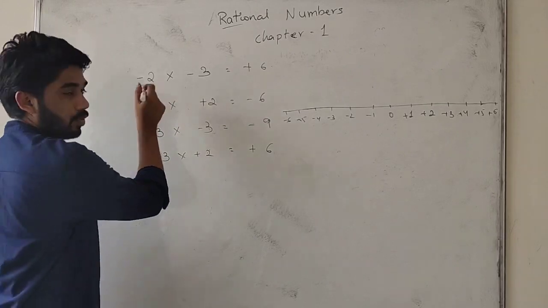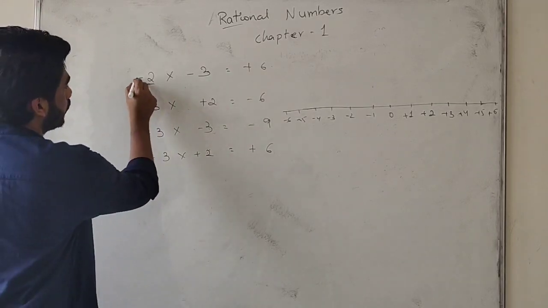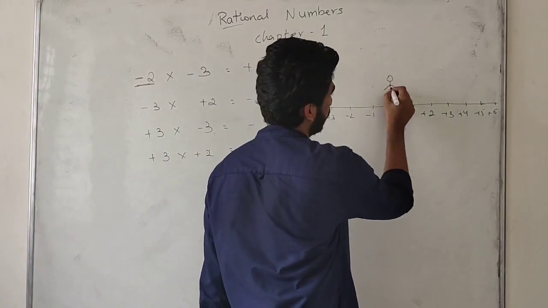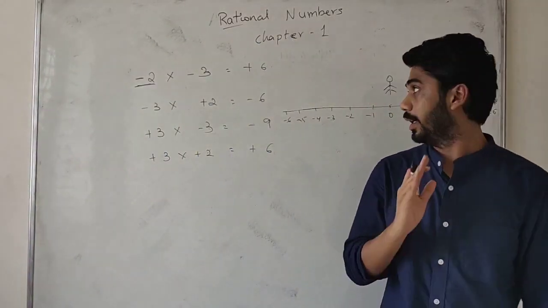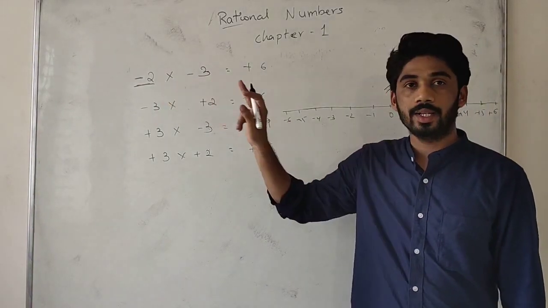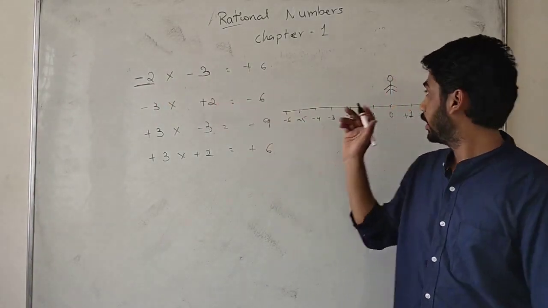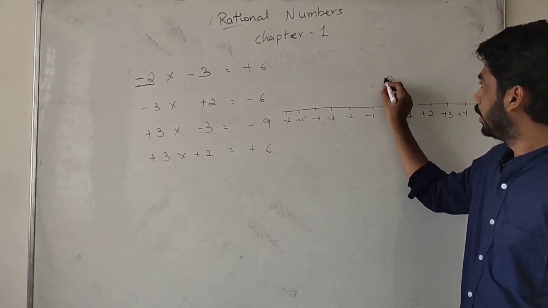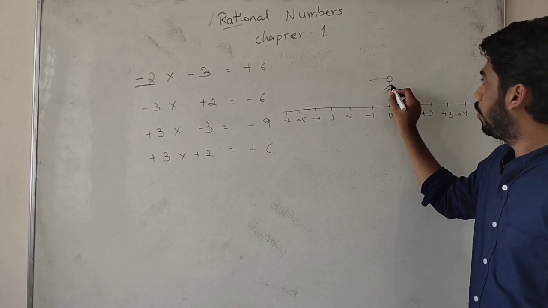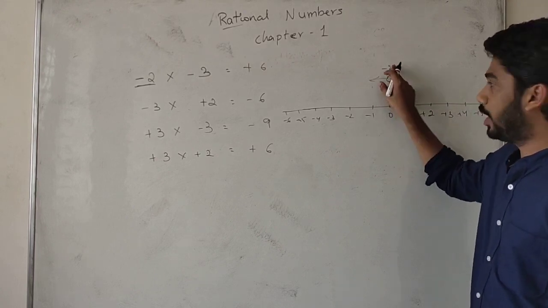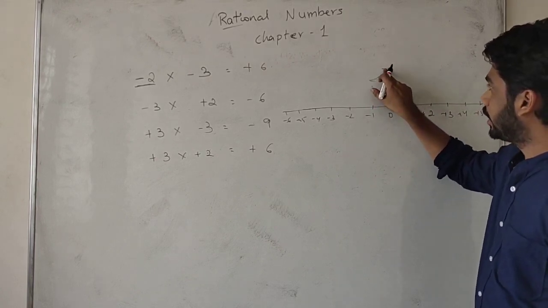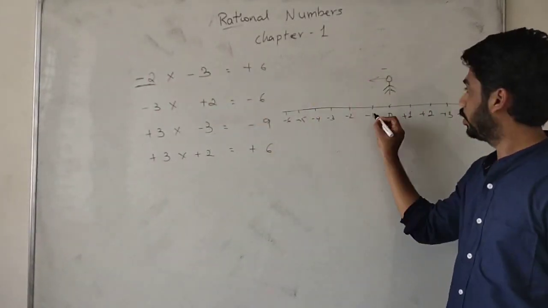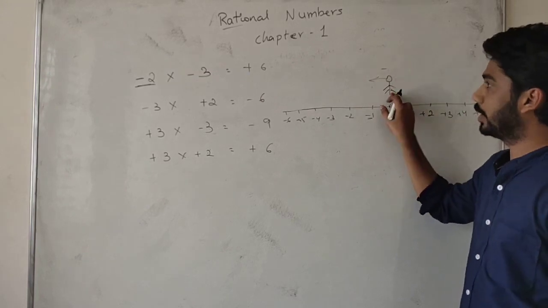So first you consider a term. Here minus is there. A person will be standing here in this way. So minus sign is there. Minus sign means I have to look in this direction. Minus sign means he has to look this side. So what is this one? Minus 2 is there. This minus sign indicates the person will be looking in this side. So the person will be looking here.